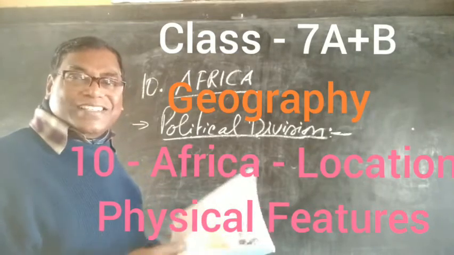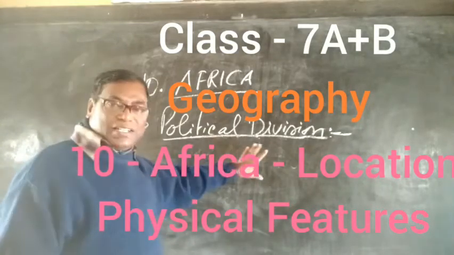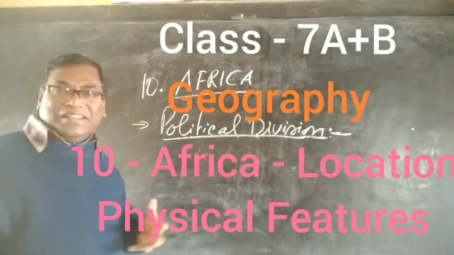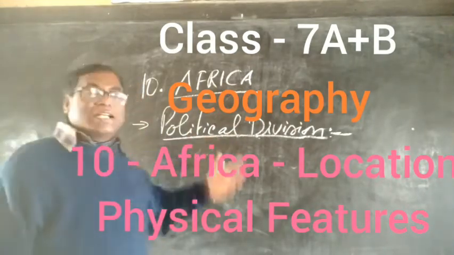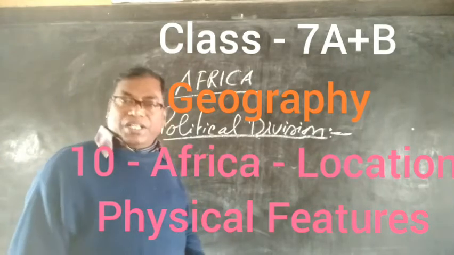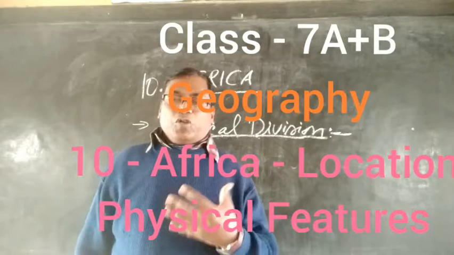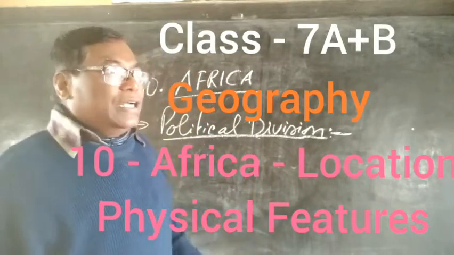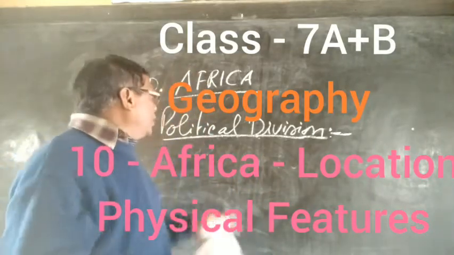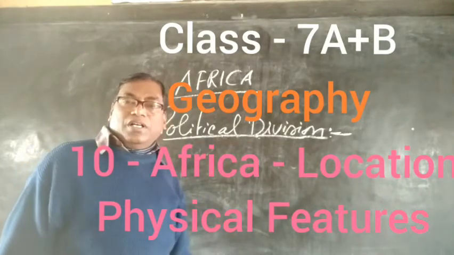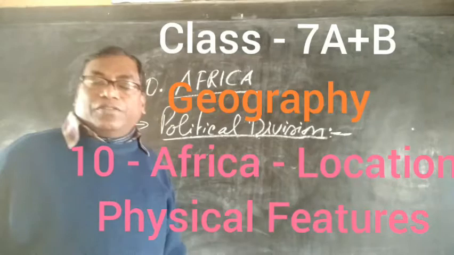is also known as the dark continent. Africa is known as the dark continent. Why? Because it was unexplored. Many parts of the continent were unexplored due to the harsh climate and the physical features,